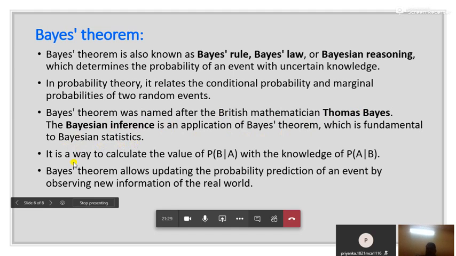Now the way to represent conditional probability is P(B|A). So whenever you are representing this term, it says the probability of occurrence of an event B. So what is happening here? We are finding the probability of occurrence of an event B, and we are assuming that the event